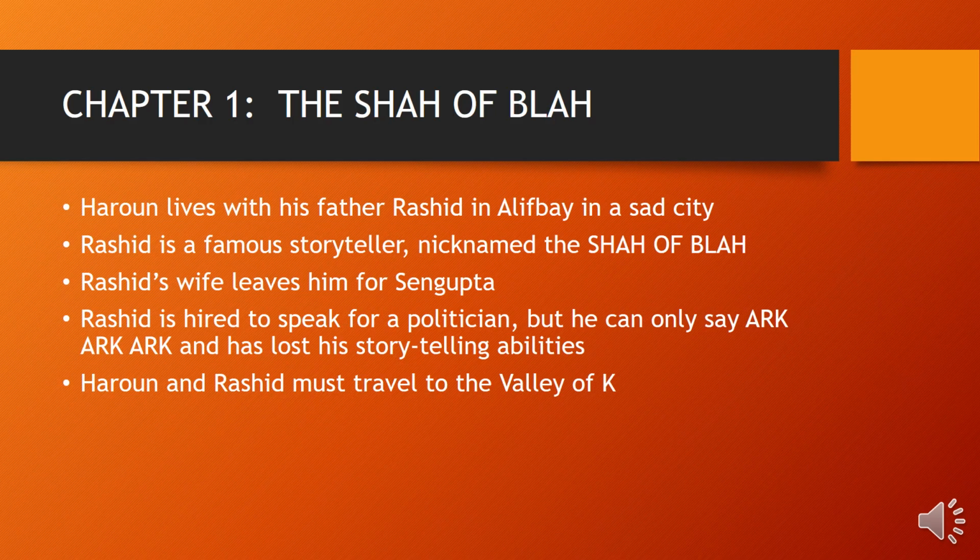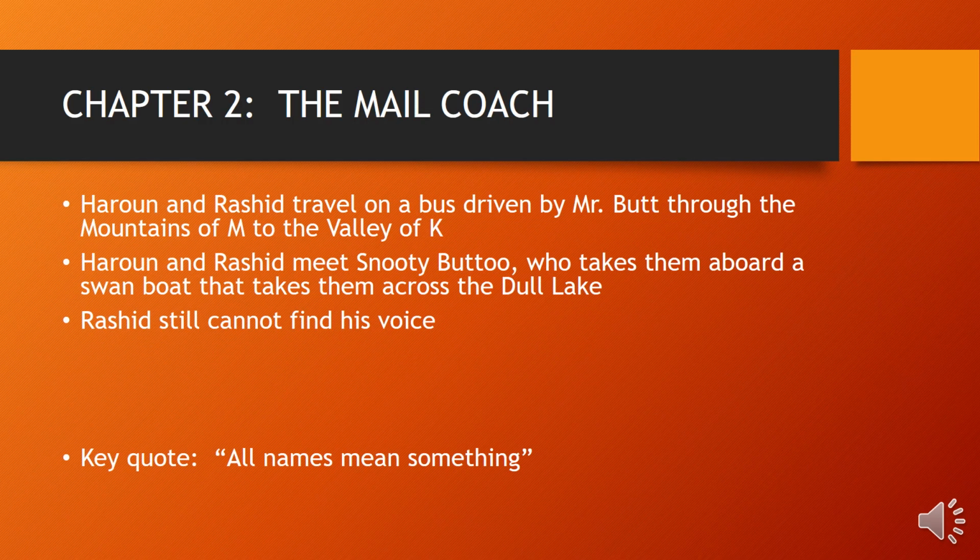And so Haroun and Rashid decide to travel to the Valley of K, and Butt the Hoopoe is going to take them there. That's the first chapter. Second chapter, Haroun and Rashid travel on a bus driven by Mr. Butt through the mountains of M to the Valley of K, and they meet Snooty Buttoo, the politician, I'm sorry, who takes them aboard the boat. Rashid still cannot find his voice,